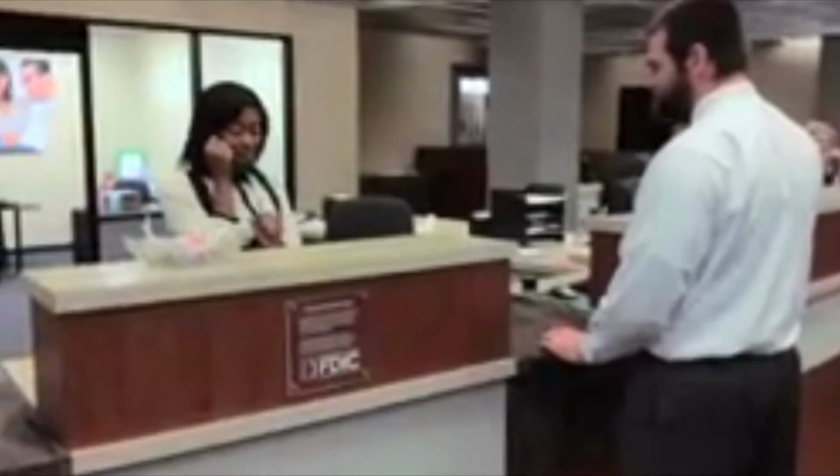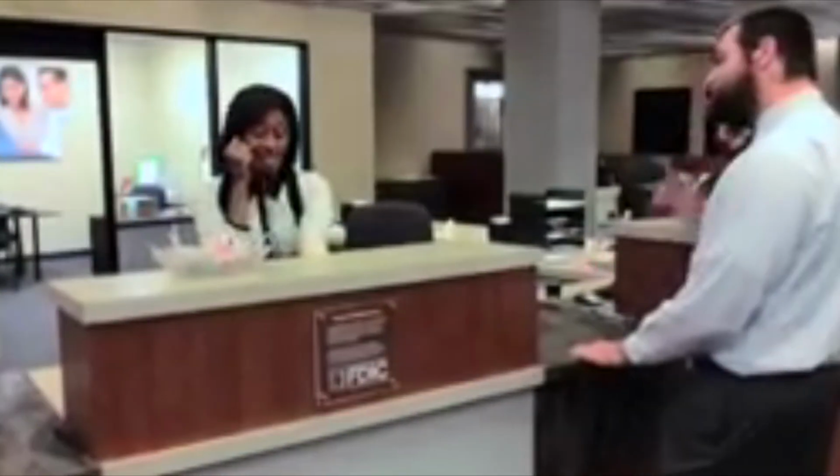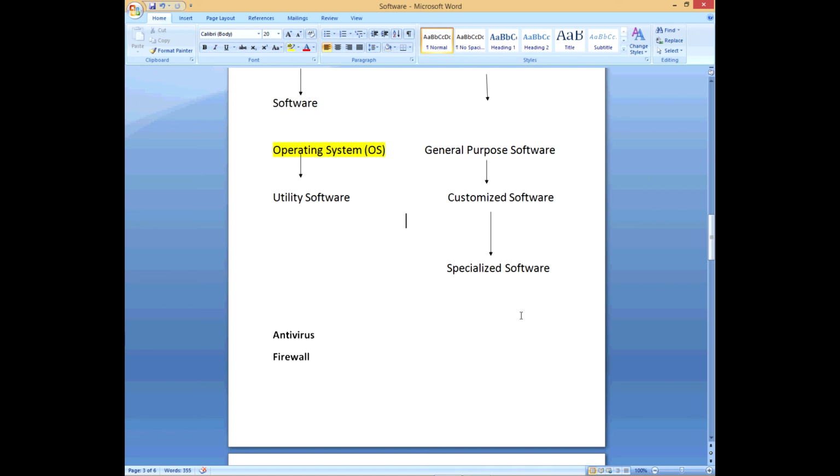Okay. Another example of customized software would be, for example, MoneyGram or Western Union. Now they use the software to keep track of who sends the money, when the money was sent, where it's supposed to go, how much it is. That's another example of customized software. Now, remember, MoneyGram and Western Union don't necessarily have to use the same system because they might want different information from people, or they might want a different structure. So one might focus on the reference number, and the other one might focus on the name. Okay.